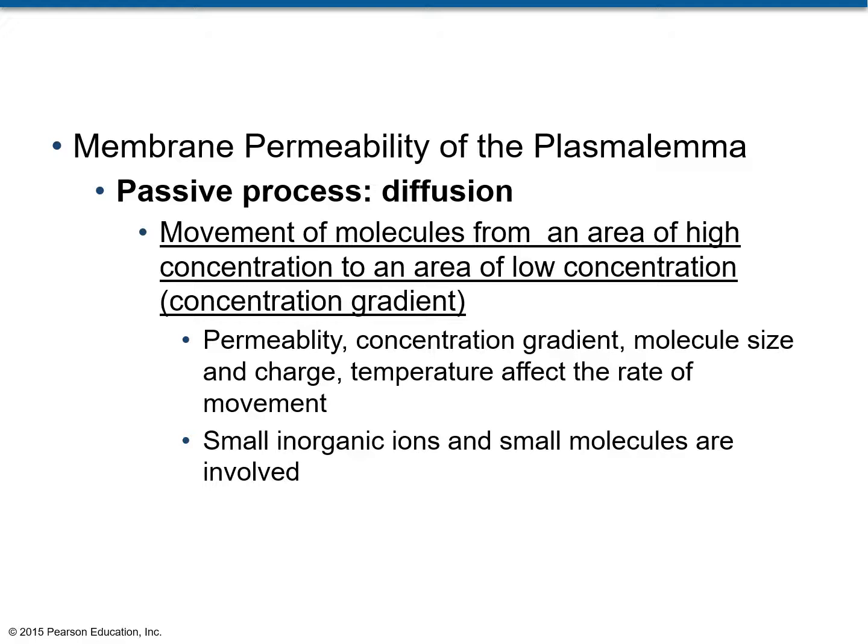That means the two areas from where it is moving to where it is moving, they have a difference of concentration, and this is known as a concentration gradient. So things will always move from an area which has a high concentration of that thing to an area which has a low concentration. An example would be if, as your instructor, I stand in front of the class and spray a bottle of perfume in the air. What will happen? Initially, the first row of students can smell the perfume, and then slowly the fragrance of the perfume spreads. So the second row of students will be able to smell it, then the third, fourth, and so on.